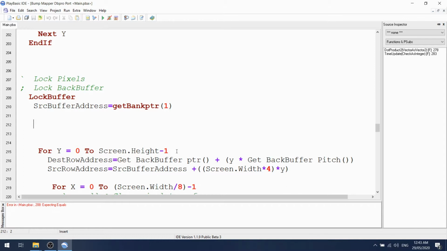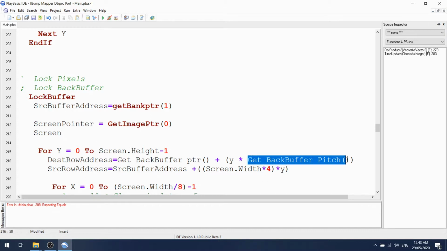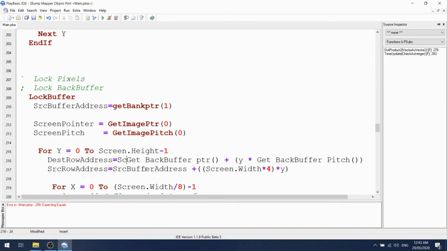So for us, we'll make a variable here, screen pointer. Get image pointer. Now in PB, image 0 is the screen, and we also need the pitch. If we start dealing with the back buffer, we'll need the pitch, and it's represented over here actually. There, it's right there. So I'll get pitch, get image pitch, and that should do the same thing